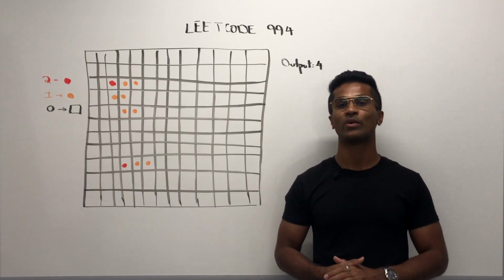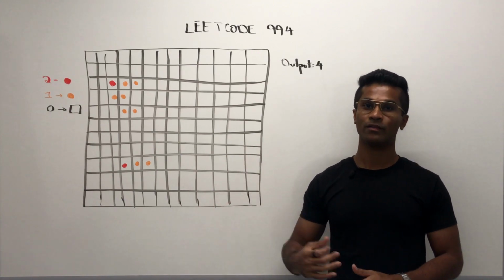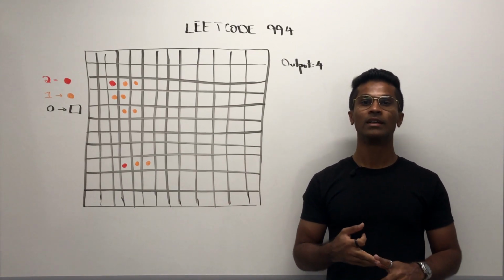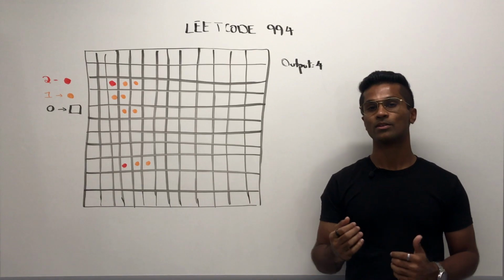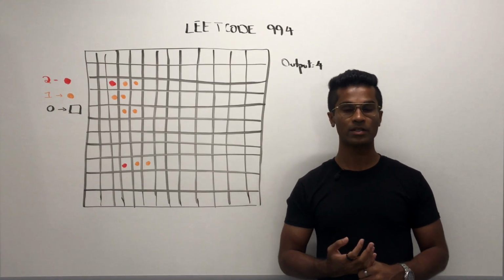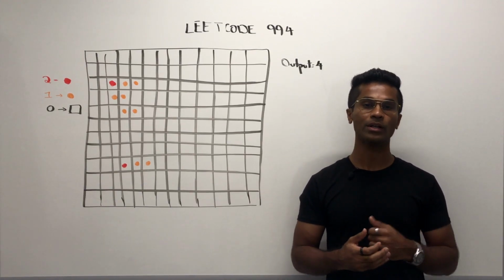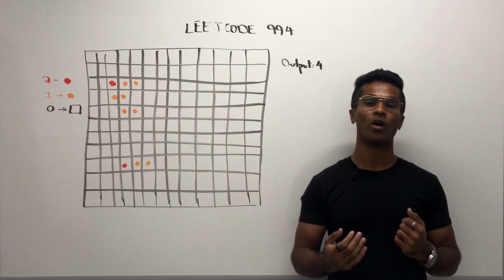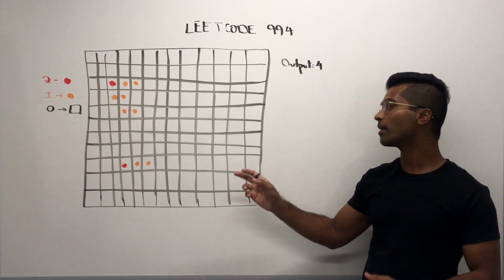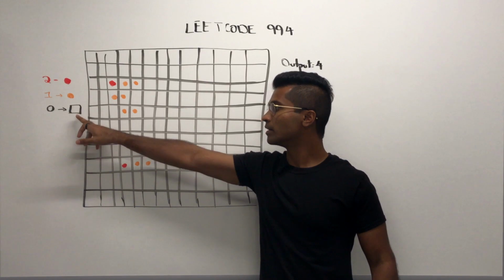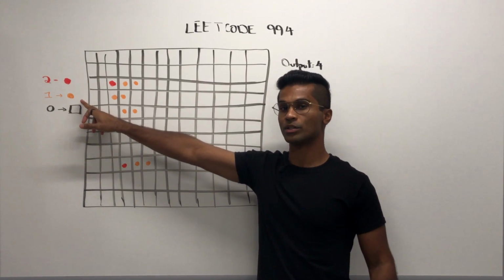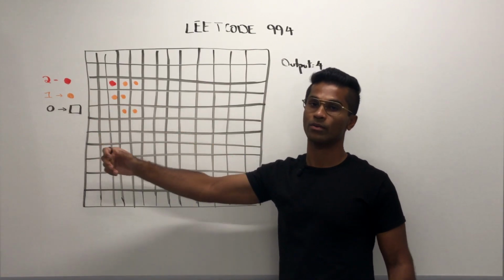So the input is going to be a 2D grid of integers filled with zeros, ones, and twos, and the output needs to be an integer. Zeros represent an empty space, 1 represents a fresh orange, and 2 represents a rotten orange. So I've color coded that. We have 0 for empty, 1 for the orange color, and 2 for the red color, which is a rotten